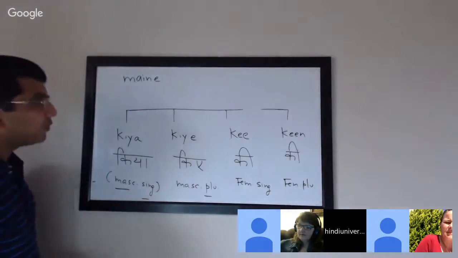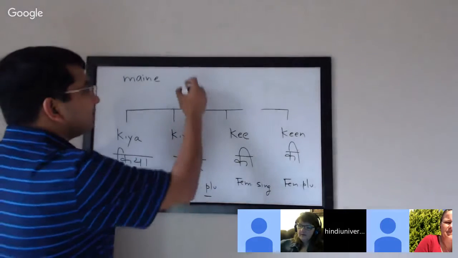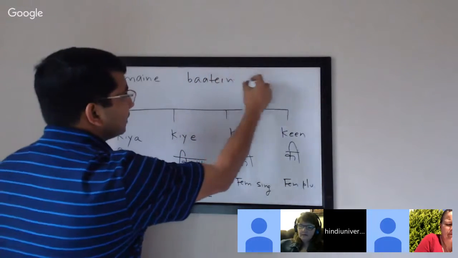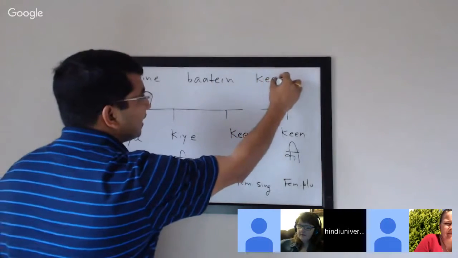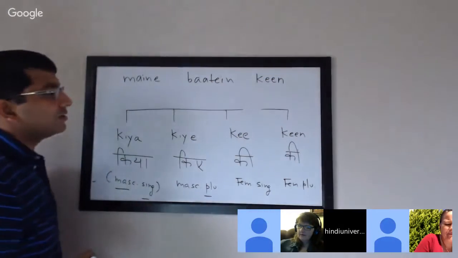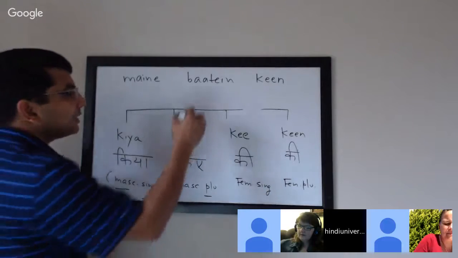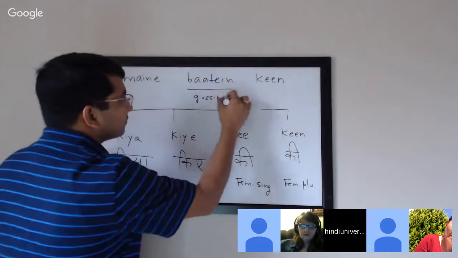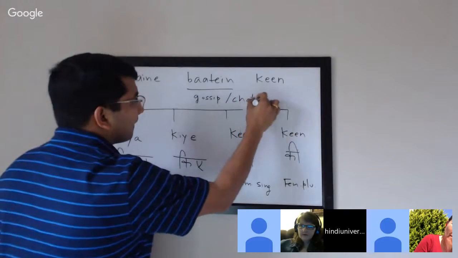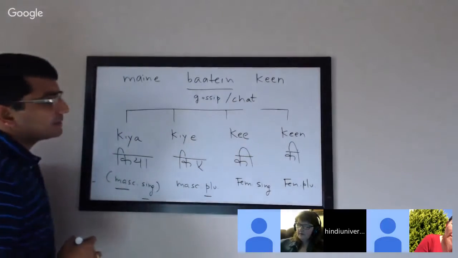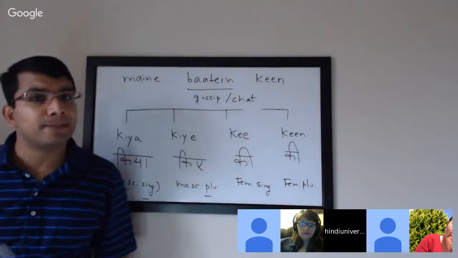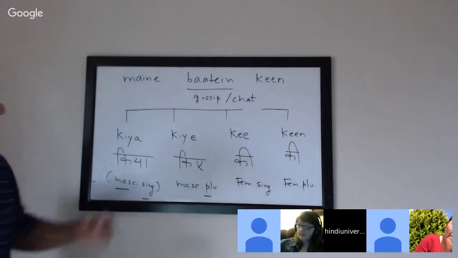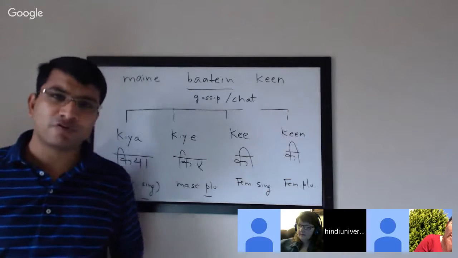Okay, and the last one was how to say this one, keen. And let's say you want to say that I chit chatted, right? So मैंने बातें, and then you're saying की. I basically chit chatted with my friends. मैंने बातें की, and बातें is nothing but gossip or chat. Okay, it's considered feminine or plural. मैंने बातें की.